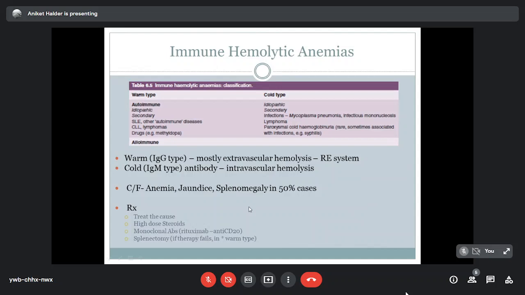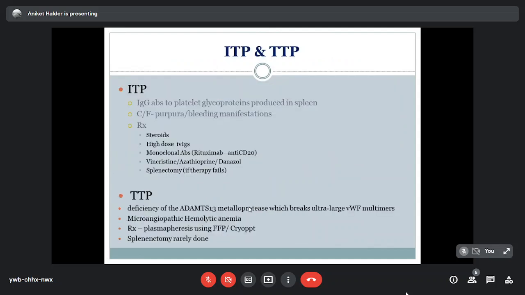High dose of steroids should be used. There is also a role of monoclonal antibodies nowadays, and splenectomy should be done if therapy fails, and it's required mainly in one type of immune hemolytic anemia. Rarely, still, splenectomy should be the last resort, and usually is not required in most of the cases. In immune thrombocytopenic purpura,